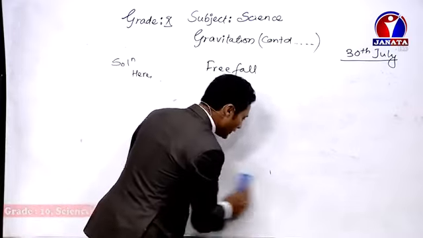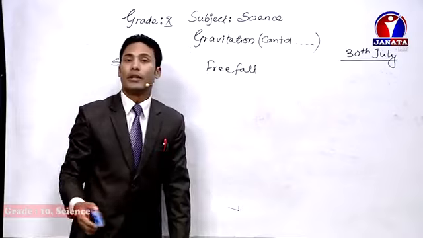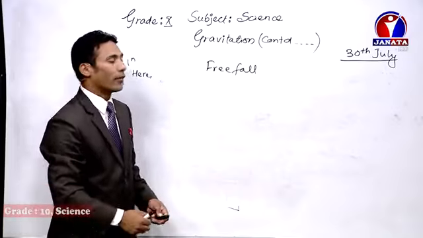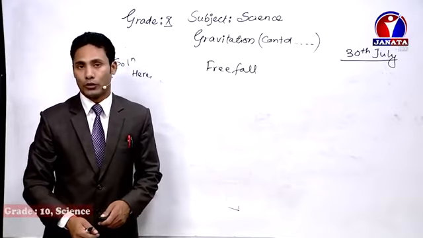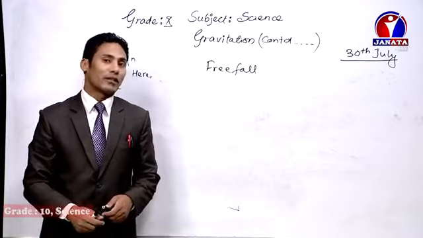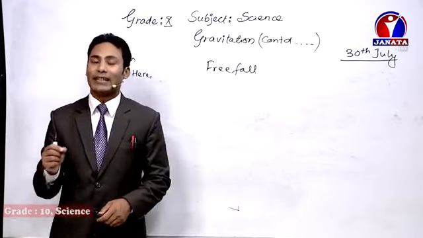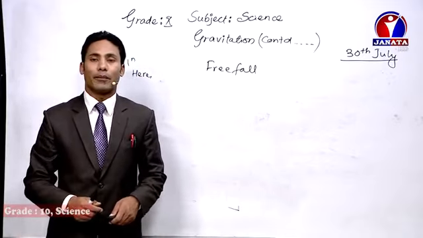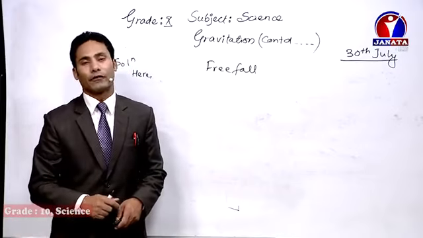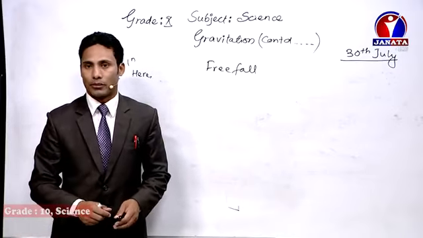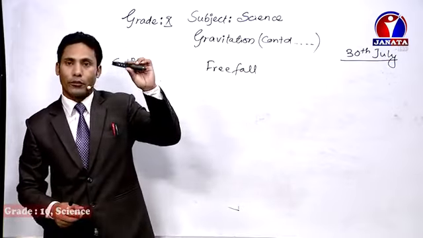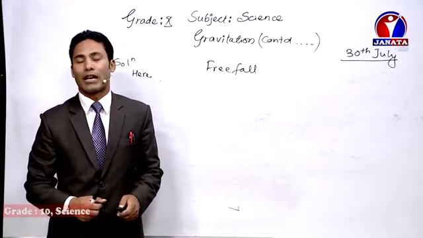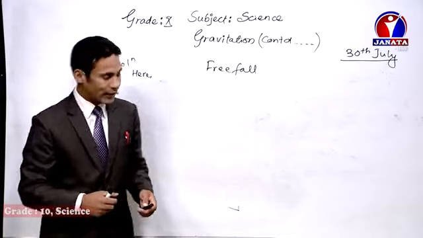And if we use this parachute on the moon, is safe landing possible? Definitely not. Why? Because there is no air resistance on the moon. Atmosphere is absent in the case of moon. That's why safe landing is not possible on the moon. We can safely land by using the parachute on Earth, but on the moon, no safe landing is possible. When the object falls on the moon, even if we use the parachute, the acceleration will be equal to the acceleration due to gravity of the moon. Okay, so this is about the free fall.